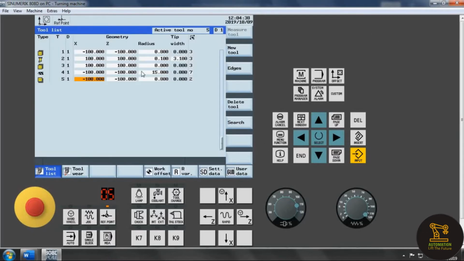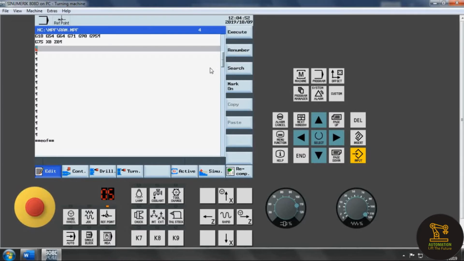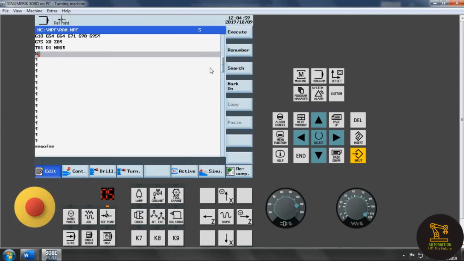So click on offset and select the tool required for the operation. So we need a third edge position tool, so write the X and Z dimensions. Next, we are doing a roughing operation, so 0.8.